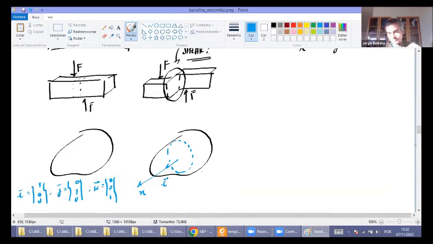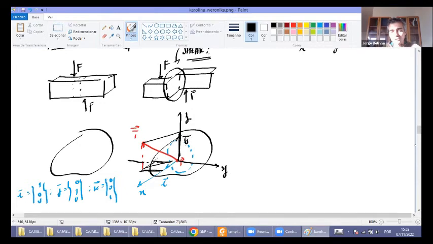Okay, you know this. So if you section it like this, at this point P, the T is somewhere there, and if you project it onto the axes that you have access to, which are X, Y, and Z, you get, for example, this projection that we are seeing here. This will be our shear in that direction. This will be a shear in that direction, and this will be a normal vector. So this will be our sigma x, this will be our tau x, y, and this will be tau x,